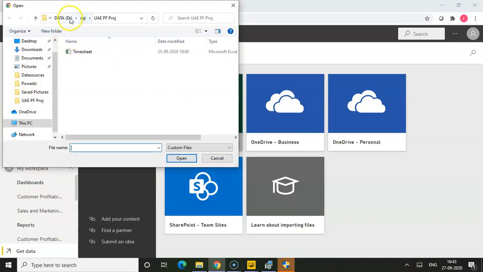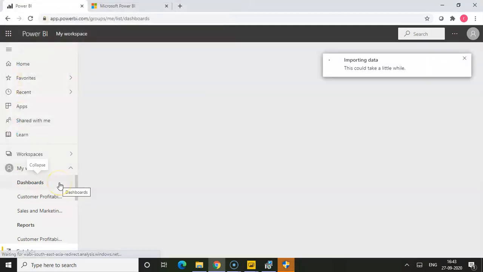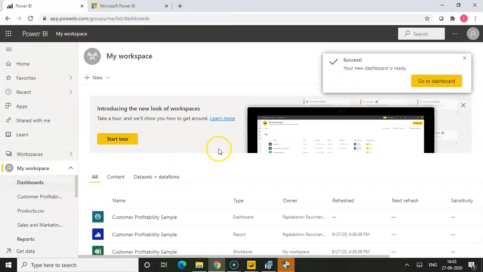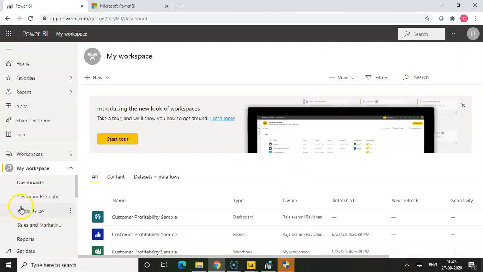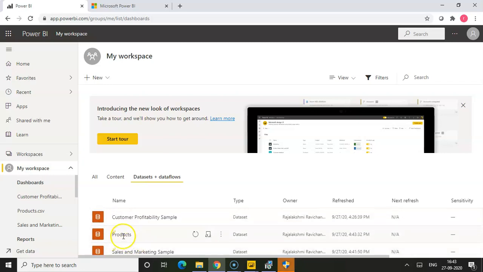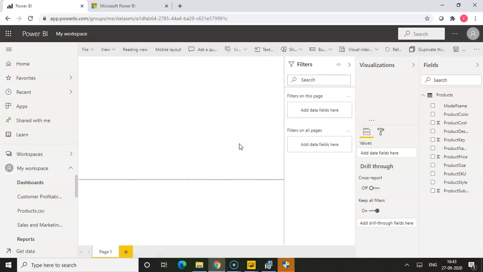So I'm connecting with one of my data sources. So click on Create report.